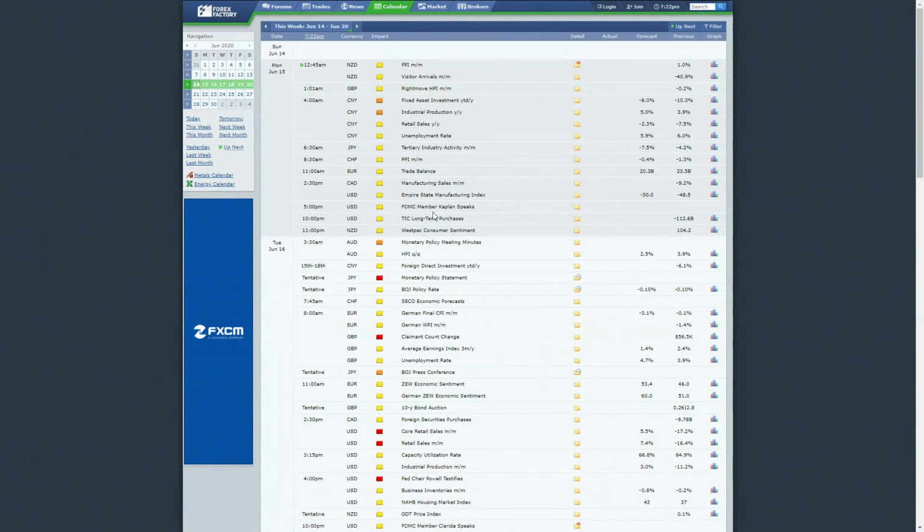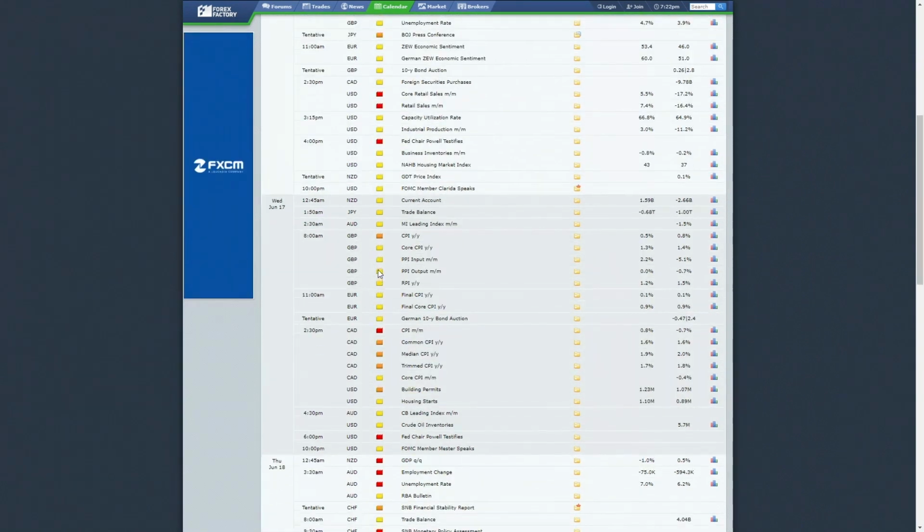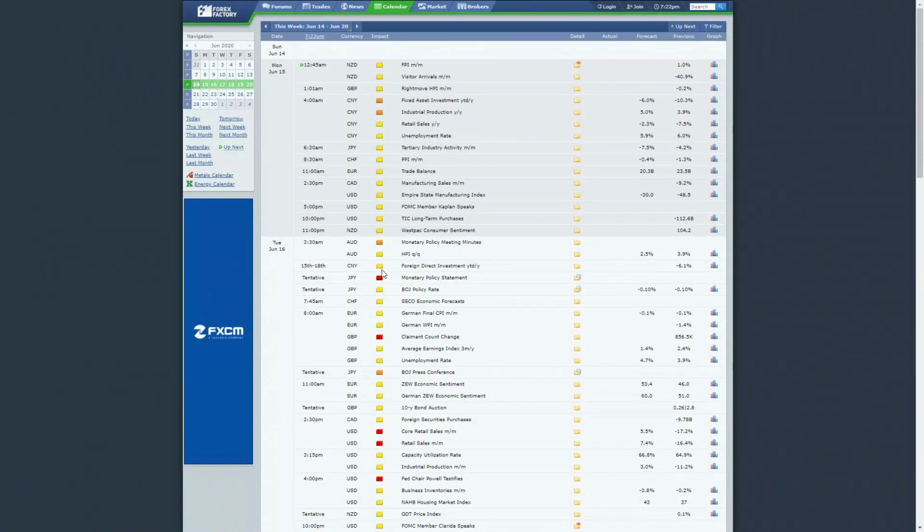Then looking at the basic layout of how it's structured, on the left-hand side, we have the dates. Obviously, we have the time when it's coming out, which will be important once you've changed to your local time. Then you have the currency that it's expected to impact. You also have the impact measurement. Now, take this one with a pinch of salt. It's not always as accurate. The importance of news events will change based on the market's expectations of it, based on the current market sentiment and the fundamental bias for the currency. So take the impact with a pinch of salt.